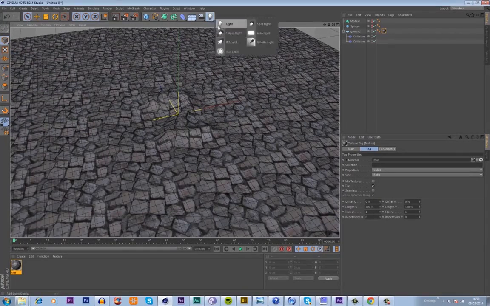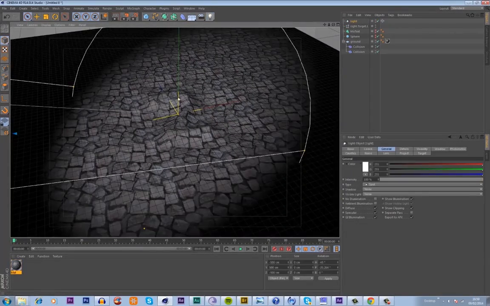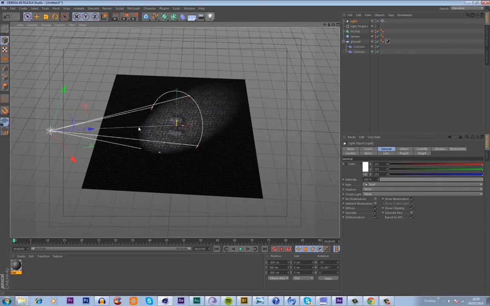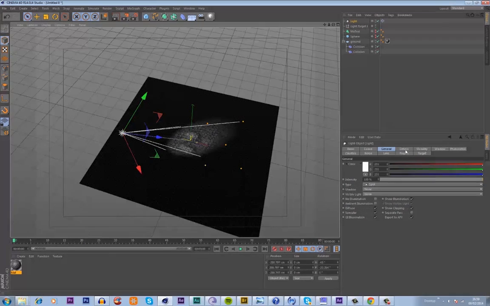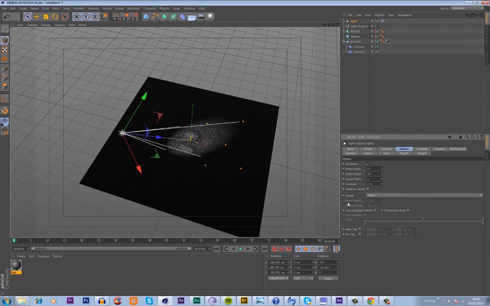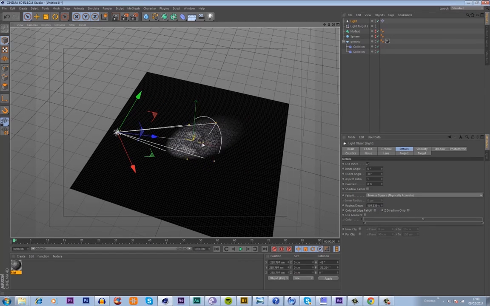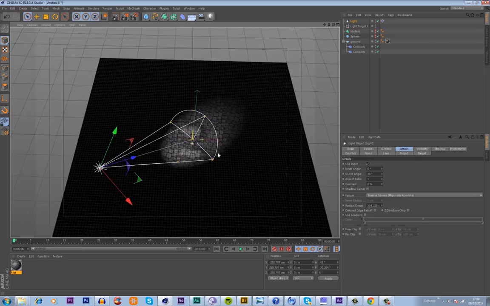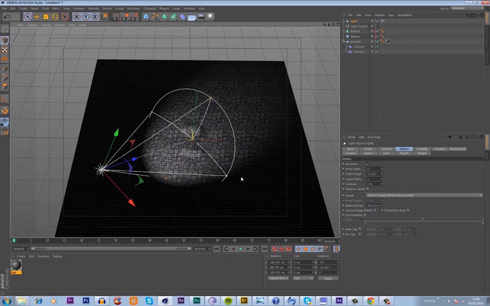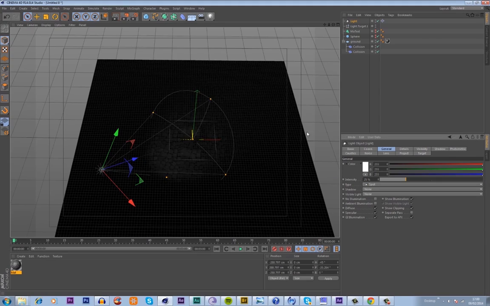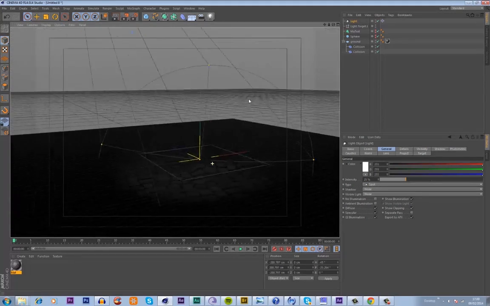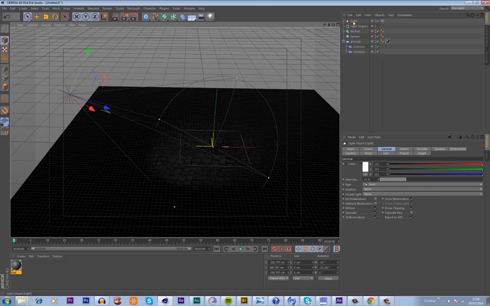I'm gonna get a target light. This is gonna be our first light. Let's move it closer, and in the details tab I want to change the falloff from none to inverse square, physically accurate. And let's just pull this back a little bit and widen it, and I'm gonna change the intensity to just 25, so it's very dim, but we're gonna copy this light,